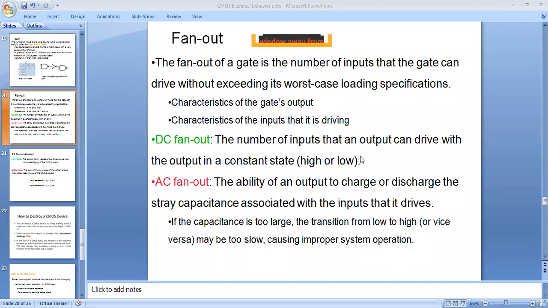What is meant by stray capacitance? Stray capacitance is unwanted capacitance, that is parasitic capacitance. How is it formed? It is always formed between two electrodes. For example, if we consider one PCB, in a PCB we have different tracks to flow the current. Each track acts as one conductor.